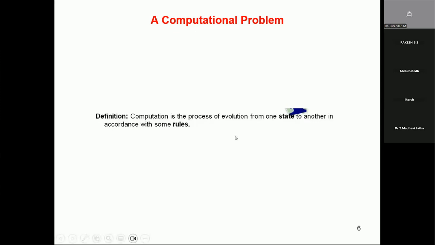So everybody please try to understand what we mean by a computational problem. A computational problem consists of a set of steps. This set of steps is written according to some rules, but there is always a change of state. So what do we mean by change of state? There is a use of memory, where computations are reflected with respect to change of state from one place to another place. Is it clear? So this is what we refer to as the computational problem.